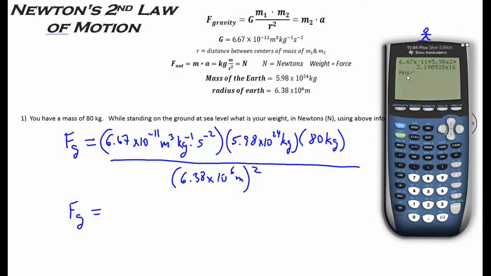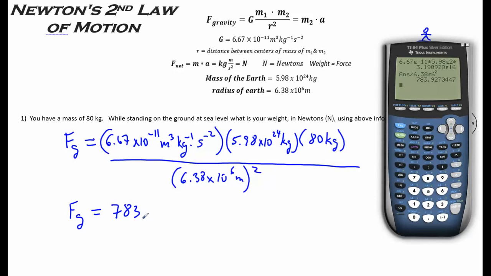That's the equivalent of this ANS answer. Divide by, then we're going to put in the radius of the Earth, 6.38. Again, we're going to do scientific notation. Second, EE, 10 to the 6th. And then we're going to square this value, and we're going to hit the x squared key. And you see the exponent squared comes up, and it squares this whole value, 6.38 times 10 to the 6th. The whole thing is getting squared. We hit enter, and we are left with